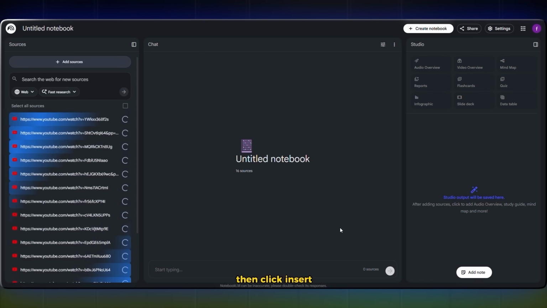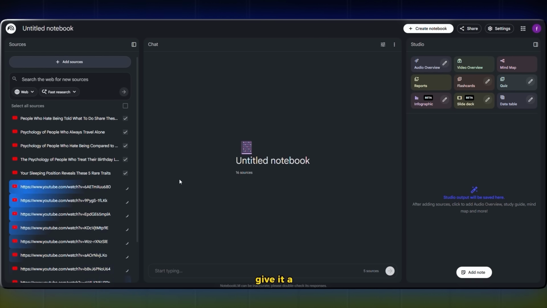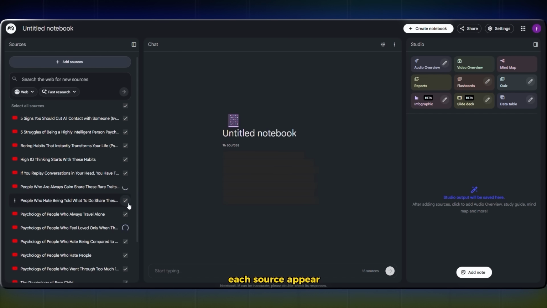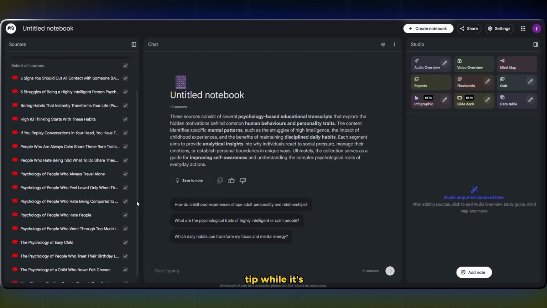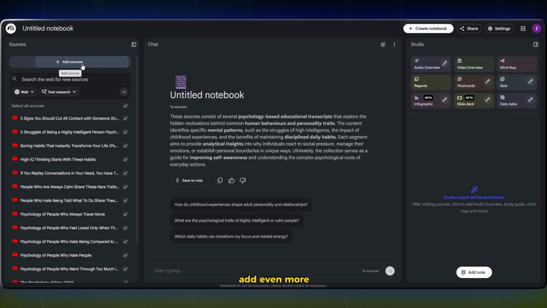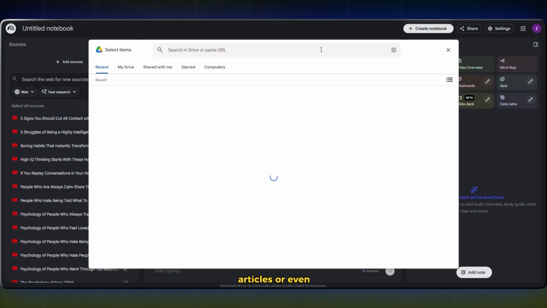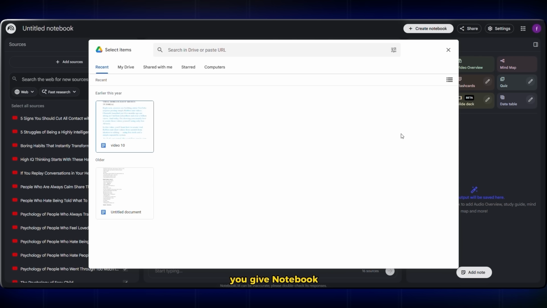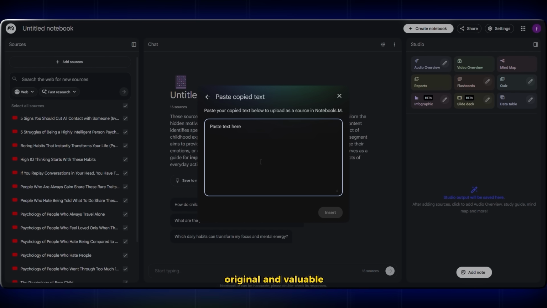Then click Insert. NotebookLM will now start loading and reading all of those videos. Give it a moment. It is doing real analysis in the background. You will see each source appear with a little icon once it has been processed. Here's a pro tip. While it's loading, add even more sources. You can drop in blog posts, articles, or even PDF documents related to your niche. The more context you give NotebookLM, the smarter its outputs become, and the more original and valuable your content will